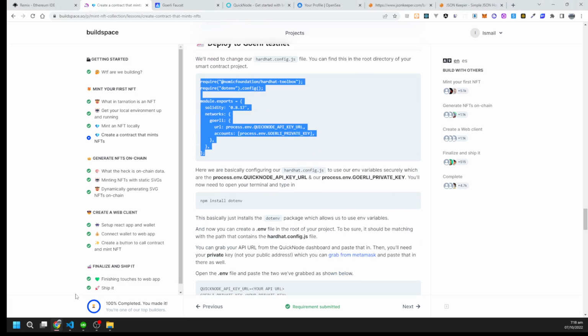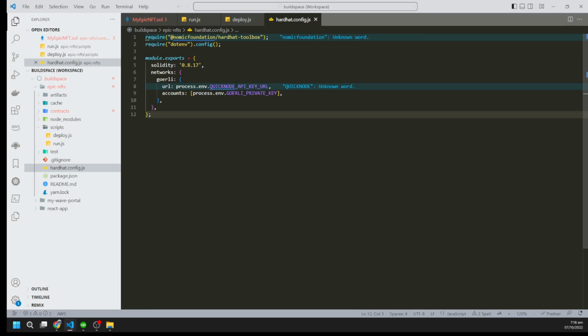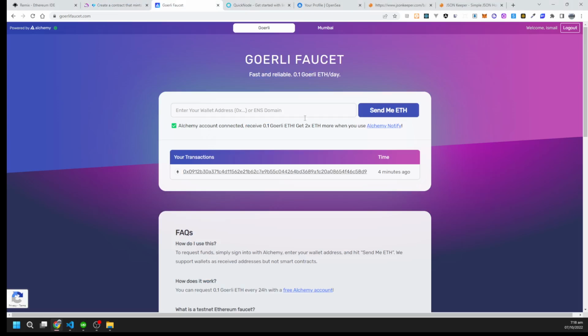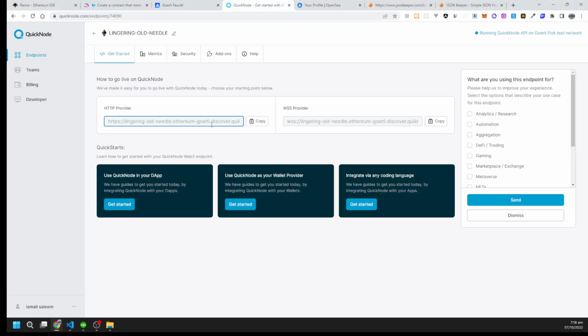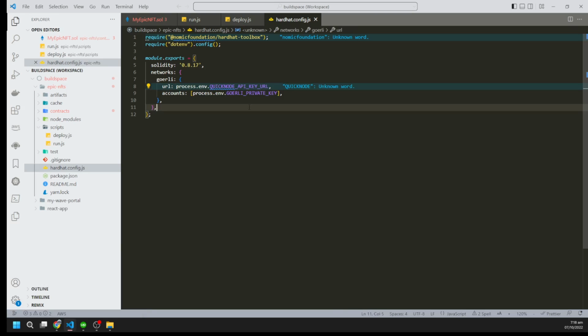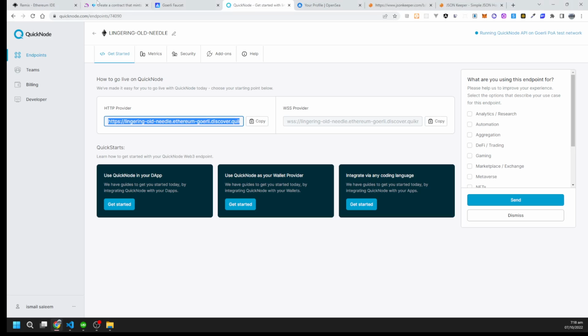and you require two things here. One is a QuickNode API key URL, and second is your wallet private key. So let's copy that URL. Okay, it says that it's fetching from process.env.URL. So let's